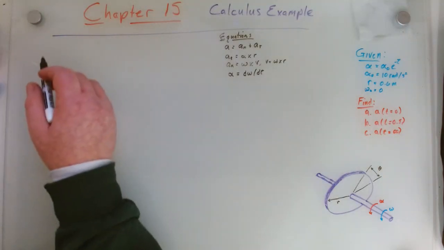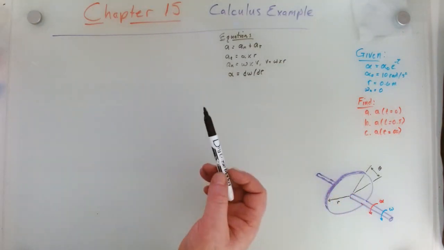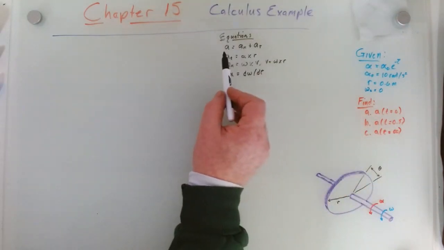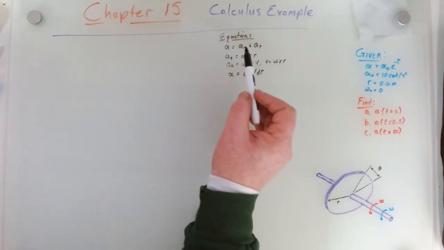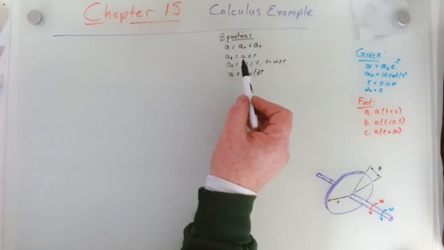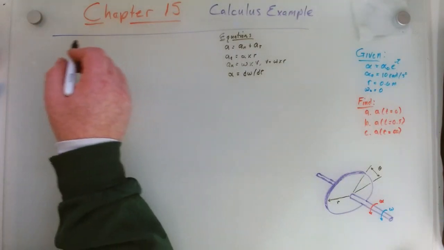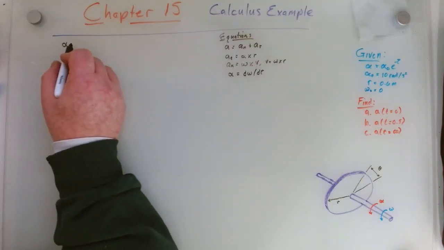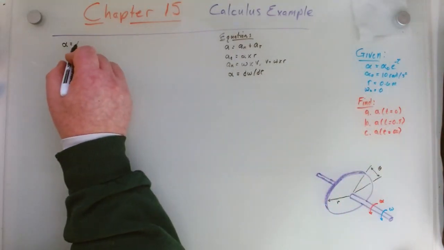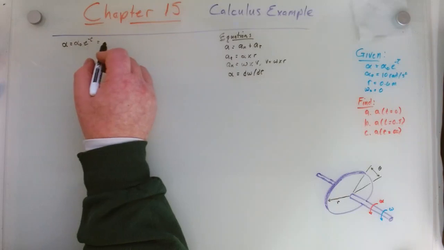Let's get to this. So what I want to do is find an equation that allows me to plug in the t and get the A, right? So what I want is the expanded version of this, and right now I'll settle for a sub n and a sub t, and in order to do that I need alpha, right? I'm going to need alpha, and I'm going to need omega. So let's see, alpha is equal to alpha naught times e to the minus t, and that is equal to